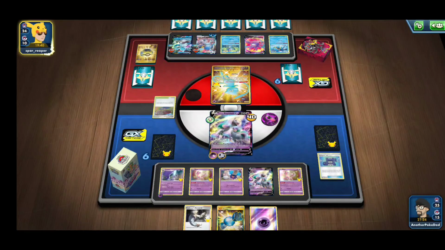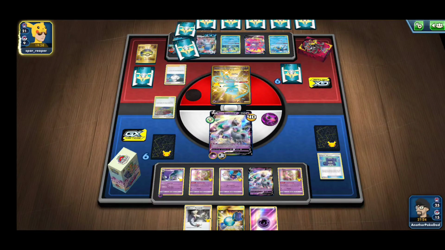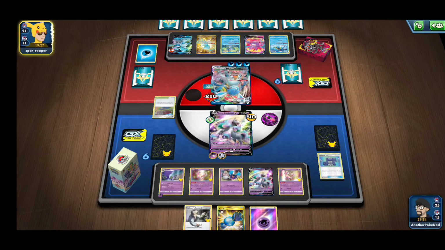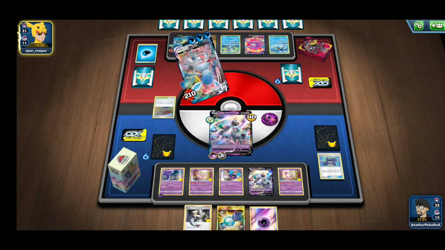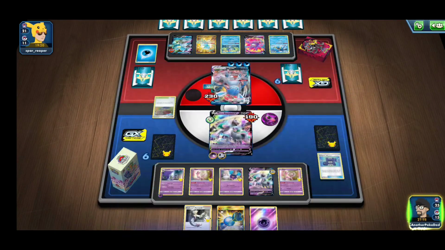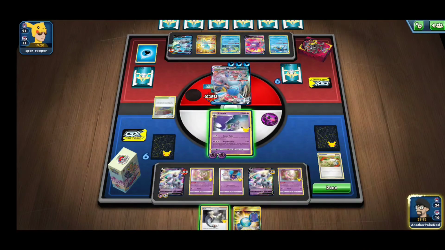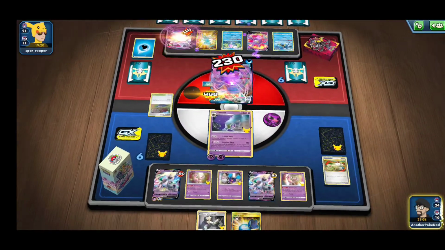And I know, because they're running the Drizzile and Inteleon and everything, surely they are running Scoop Up Nets and everything. So I mean, here I guess I take the 5 prizes, and I'm going to be left with 1,